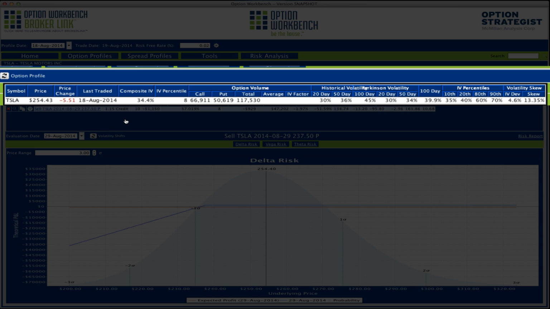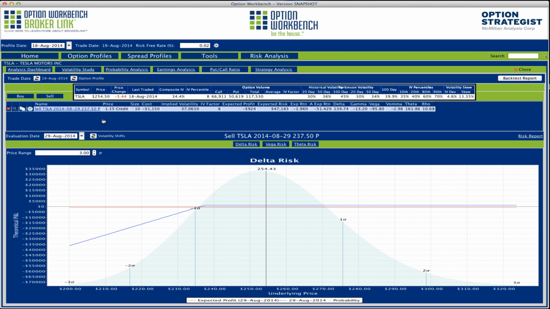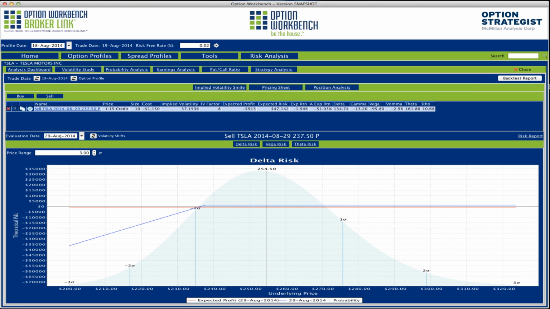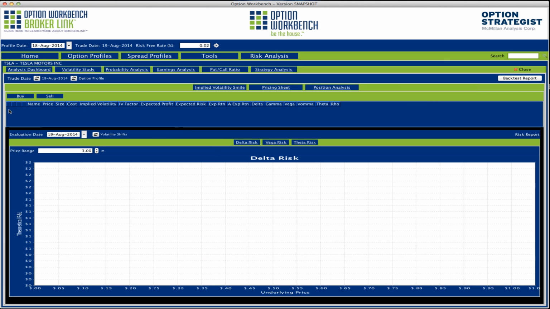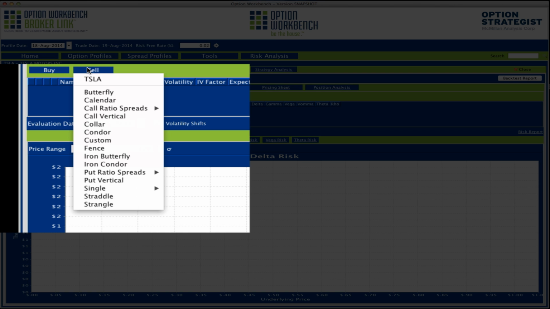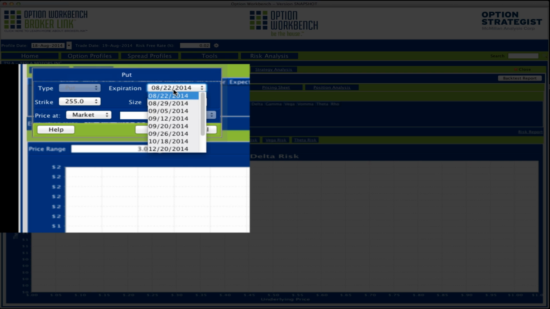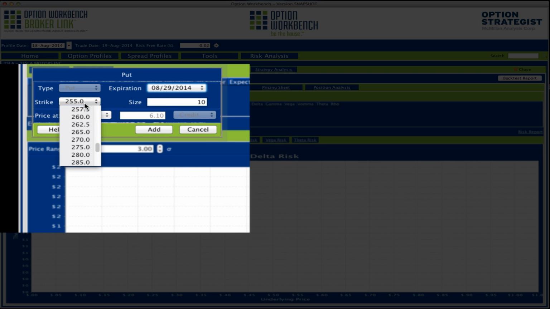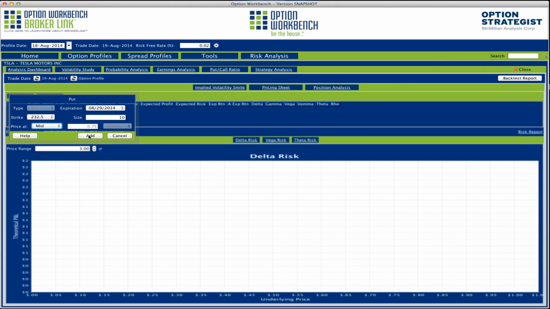So what I'll do is I'll start looking at the 232.5 because the stock is down $5. I'll go down $5 on my strike. So I'll click the X here to get rid of that one. Go to the sell menu, pick single put. August 29th was the expiration, and then I'll go down to the 232.5. And so the bid for that is 71 cents. I'm going to go at market. I'm sorry, at mid. I can get 75 cents at mid,